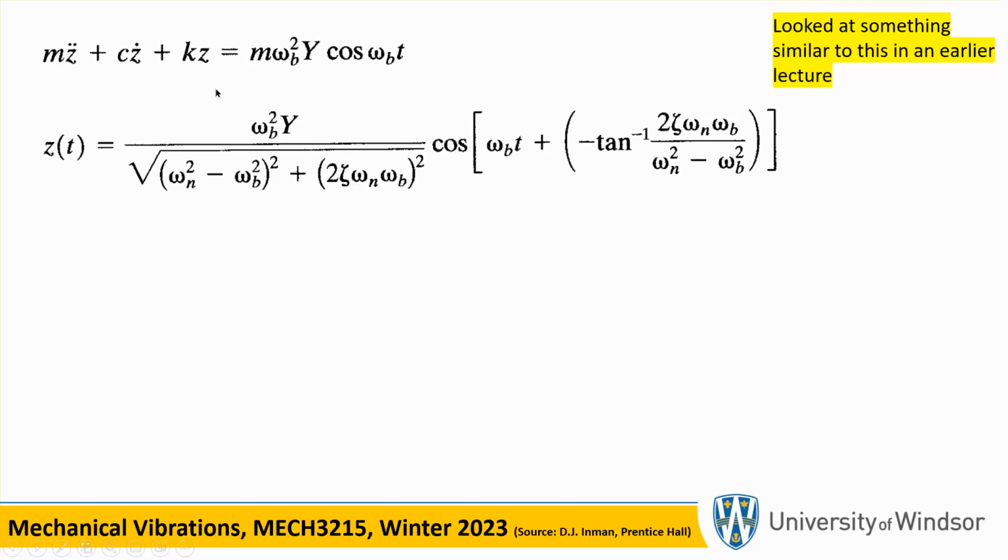This is the amplitude of the relative displacement. This is the phase of the relative displacement. So what we had before was a big X, cosine of omega b t minus theta. Okay, so if you see what you've got here,